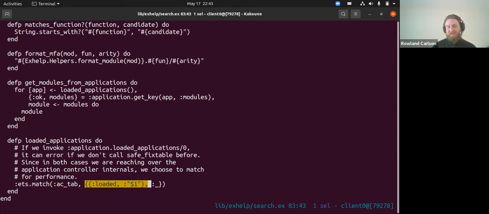This is a match specification. So this is a way of specifically finding things in kind of a compiled way using ETS. It's my understanding that this particular API was never meant to be publicly accessible. And so it's even more inscrutable than the most inscrutable Erlang code. Thankfully, there are some Elixir libraries that wrap these in macros so as to make them intelligible and human readable. One of which is Matcha,